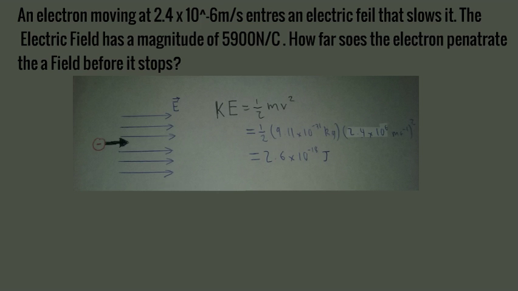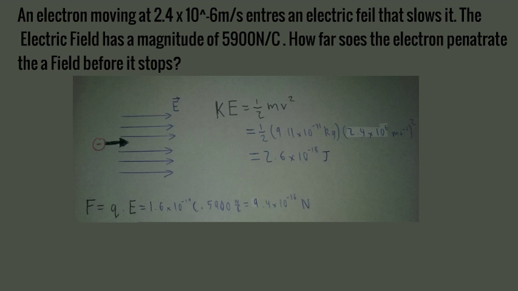Now we need to find the force that is applied by the field on the electron. Now, to figure this out, we use F equals Q times E. Now we put in our numbers, and first off, you got to know that the charge of an electron is 1.6 times 10 to the power of negative 19 Coulombs. Now we put our numbers in and we end up getting 9.4 times 10 to the power of negative 16